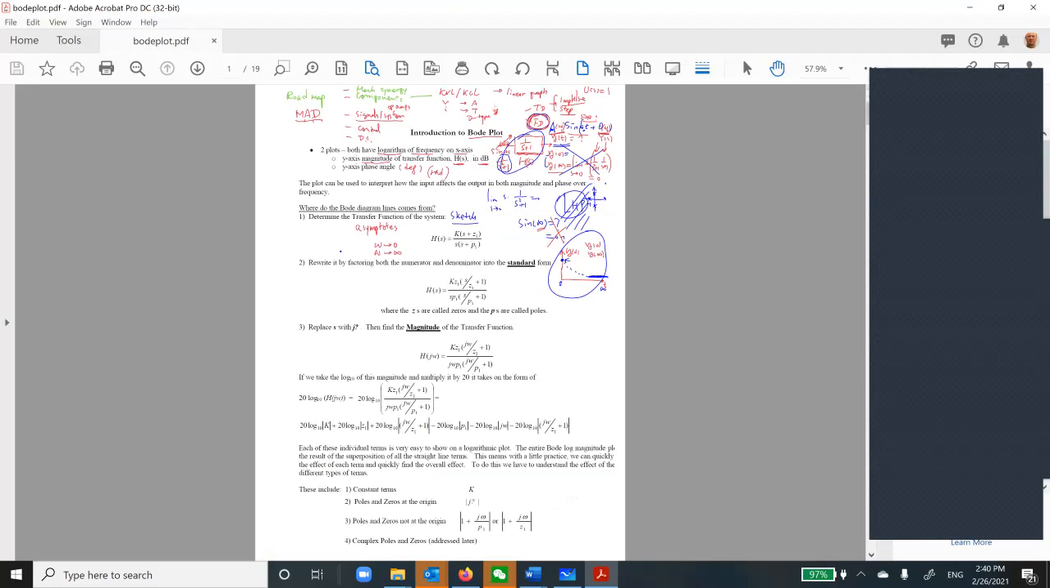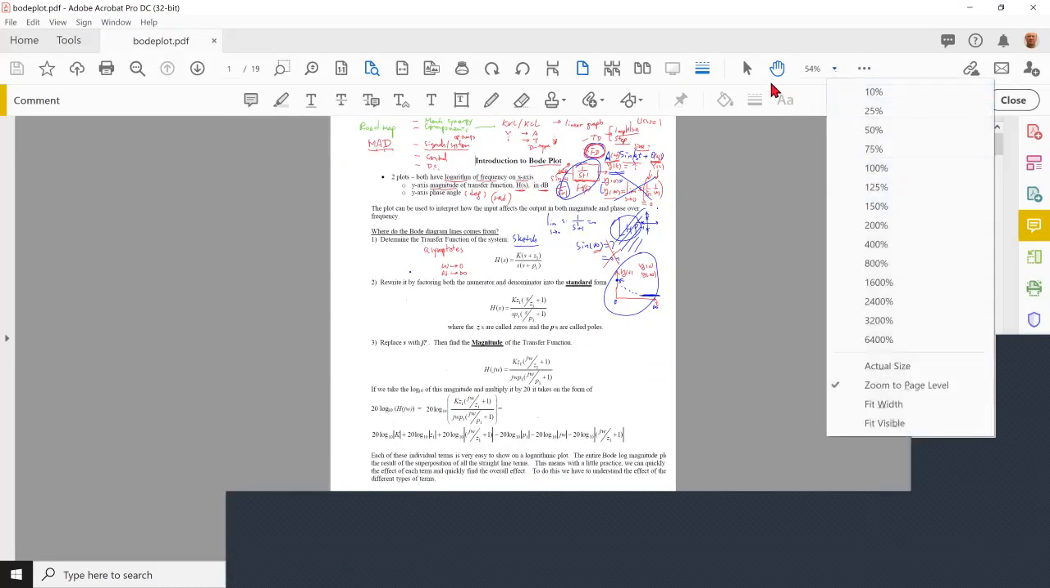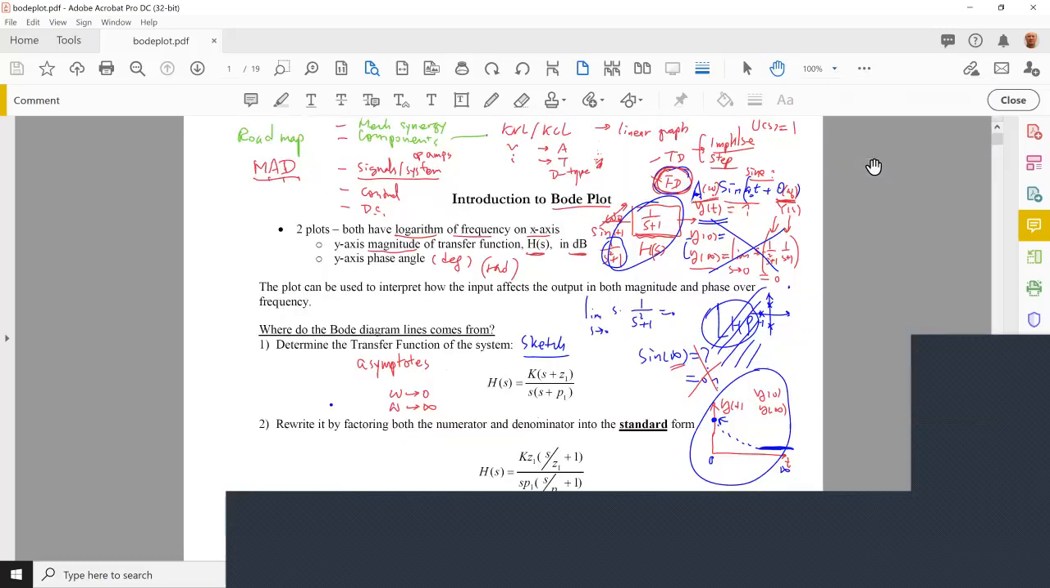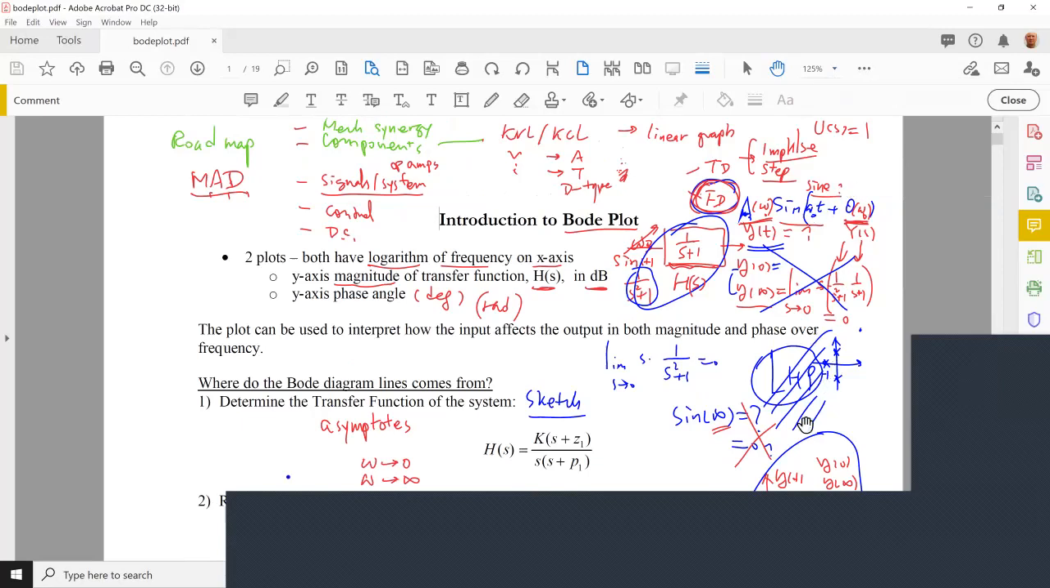Let me do another thing here. It's called a comment, so I can draw on it. Then I'll make it bigger. Actually, I should do 100. Maybe 25. Yeah, this is better. So